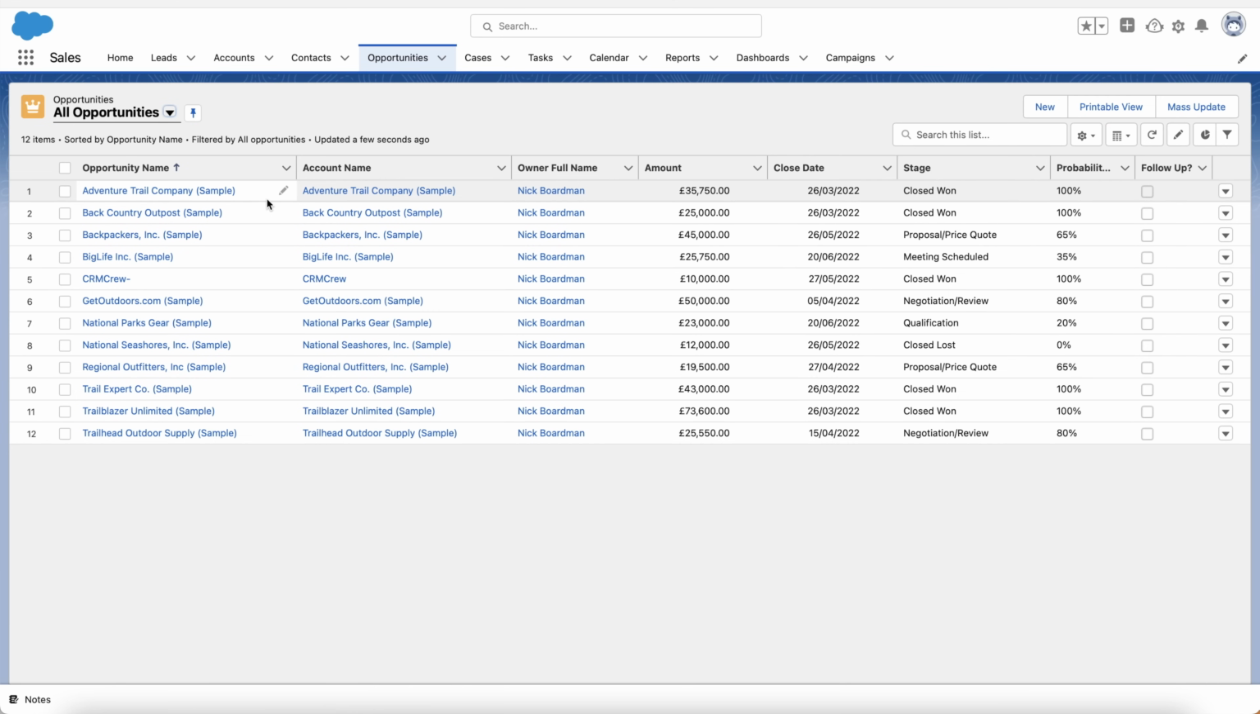So that is the opportunities. That is the sales area of Salesforce. Please don't get confused between leads and opportunities. This is where you will manage all of your opportunities. Now, there is one thing I want to show you on the opportunities area that I am a massive fan of. If we go to the view here and use the drop down menu, this is a display as option,